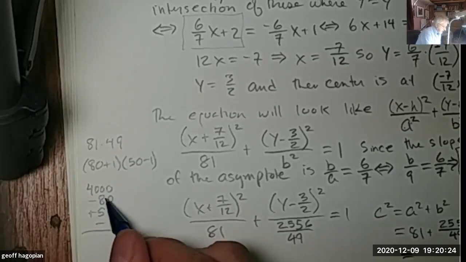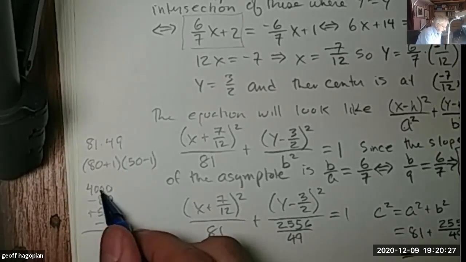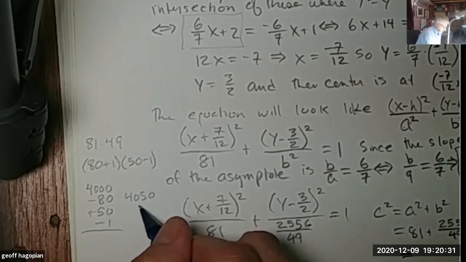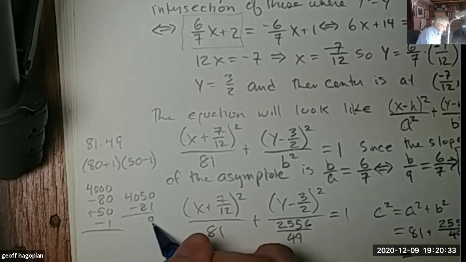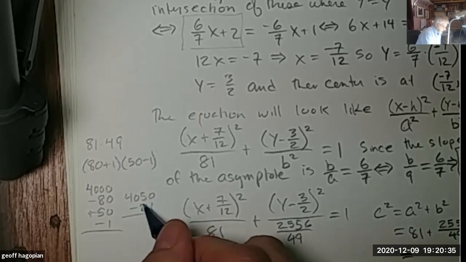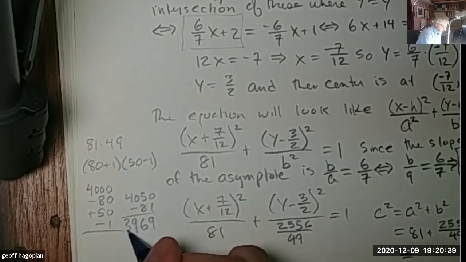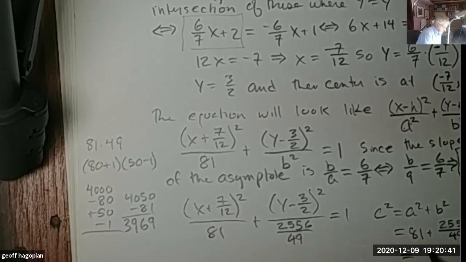And I guess we can say that's 4,050 minus 81, which I guess 14 minus 8 is 6, and so that'll be a 9 and a 3. So this is